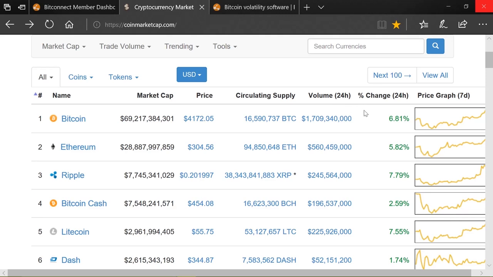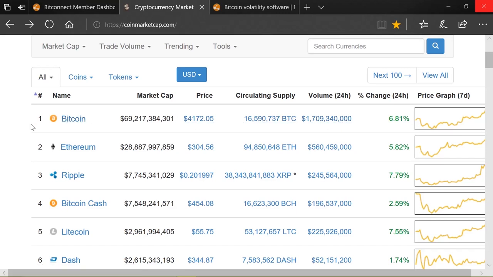And then underneath that we have the 24-hour volume. So this is the amount in dollars that has been bought in the last 24 hours. So that is $1.7 billion worth of Bitcoins has been bought, traded. So it's the volume that has moved hands. So this is velocity. So it's got quite a high velocity, but there are lots of big traders trading Bitcoin now, including banks, including reserve currencies. So many people are trading it now. So the daily change, it's gone up 6.81%, and that's the graph over 7 days. So that's Bitcoin. We'll talk about Bitcoin more in detail.